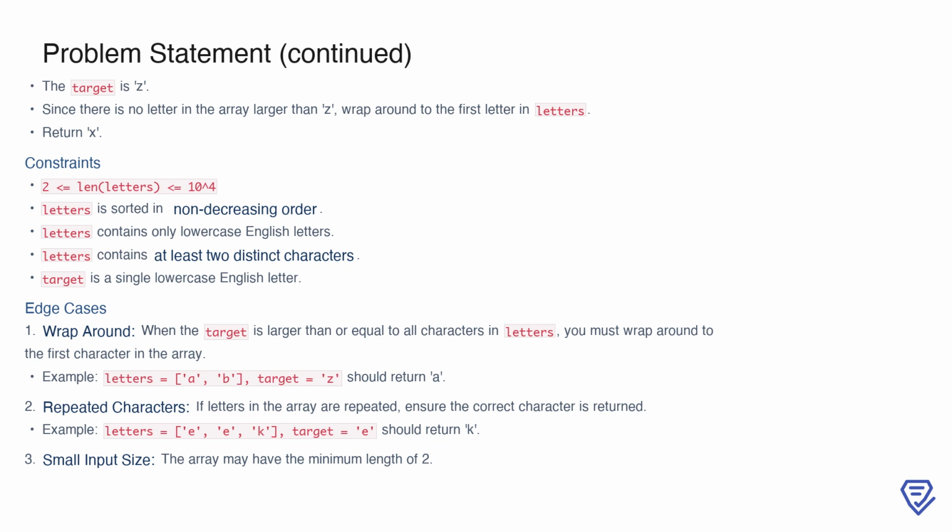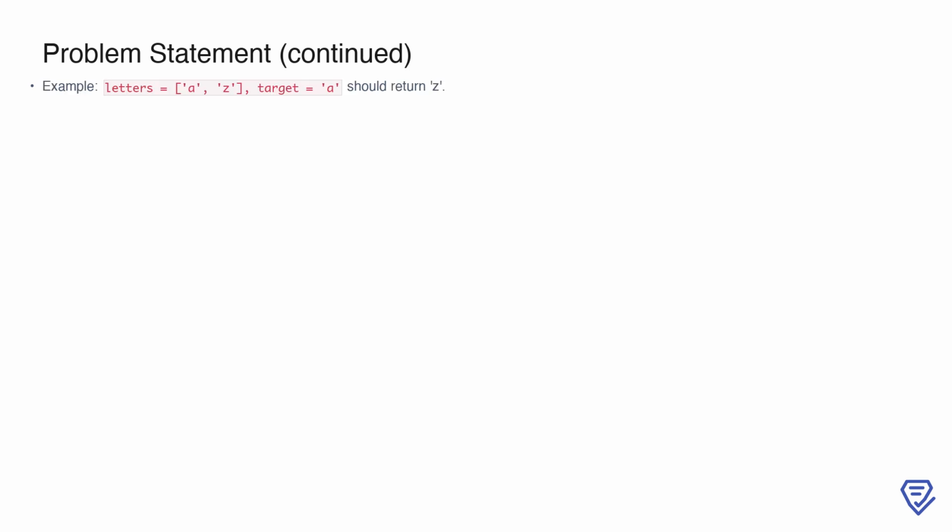Additionally, there are some constraints and edge cases to keep in mind when solving this problem. For example, if letters equals A, Z, and target equals A, the array contains only two letters. The target is A, so we are looking for the smallest letter strictly greater than A. The only letter larger than A in this case is Z, so the output would be Z. It's also important to handle other edge cases, like repeated characters or when wrapping around is required. With these examples and constraints in mind, you're equipped to understand the problem requirements and think about how to implement